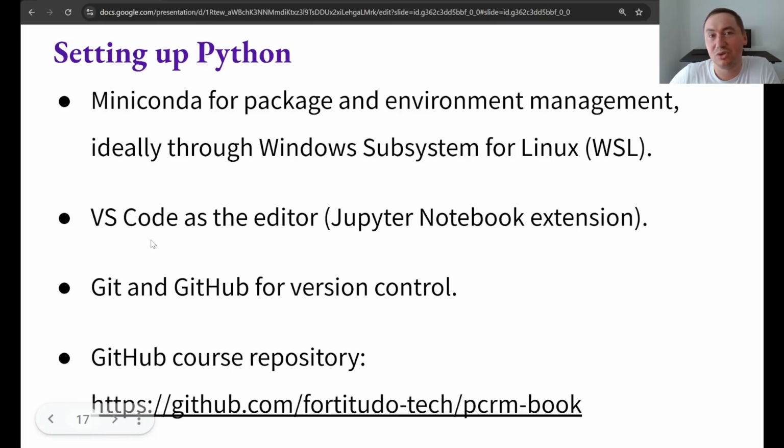Then I recommend that you use Visual Studio Code as the editor, and then just Jupyter Notebooks for interactive computing. So all the examples are given in Jupyter Notebooks. And then finally, for version control, use Git and GitHub, which basically allows you to keep track of your code without making many copies, as I'm sure that some of you have tried at university, or maybe even during your work. Okay. So for the course, there's this GitHub repository where all the examples and Jupyter Notebooks are,